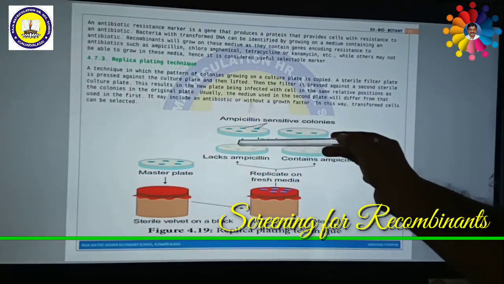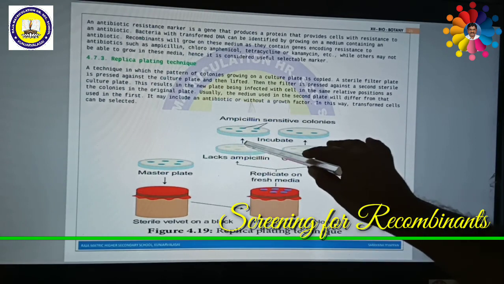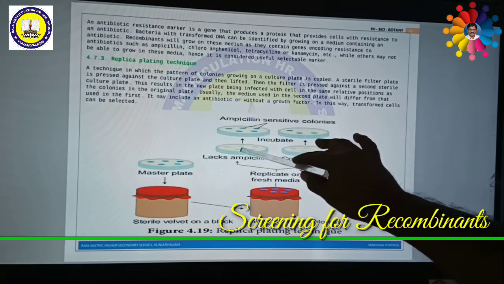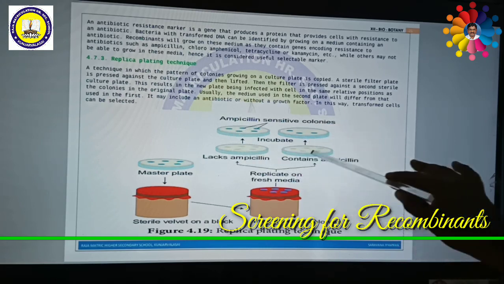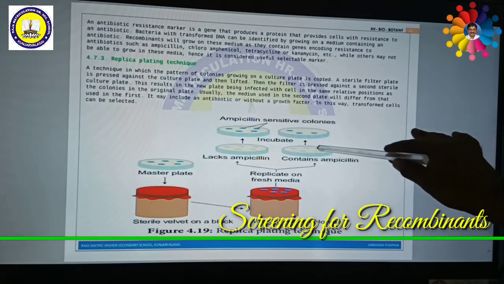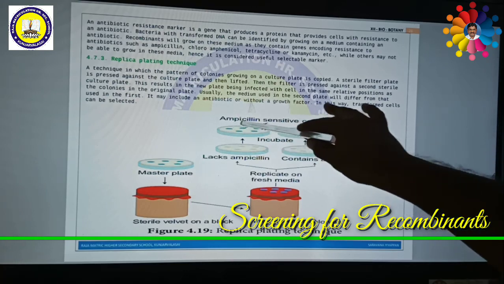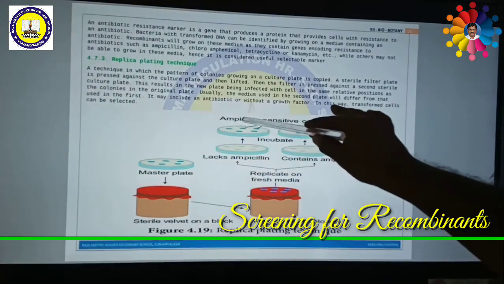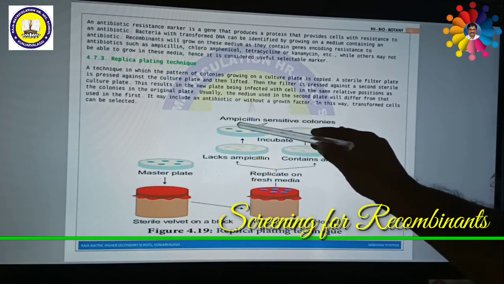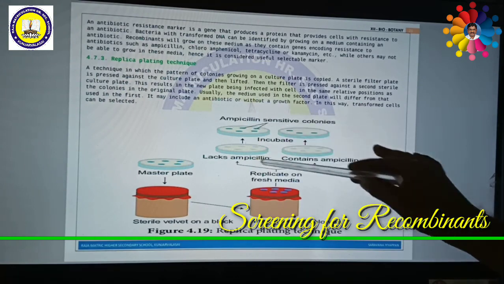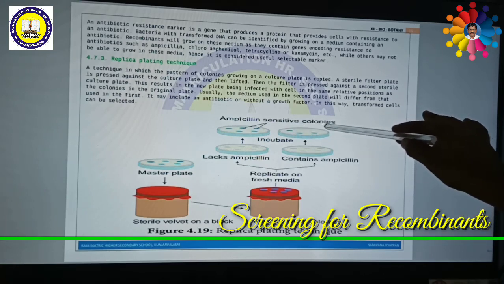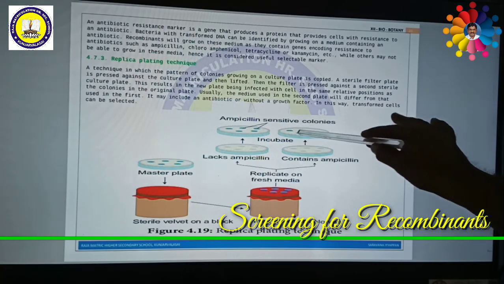Now if you take a print on both the plates, this is plate A and this is plate B. Plate A has no antibiotics as well as no growth regulators. But plate B contains antibiotics like ampicillin, as well as growth regulators. Now if you take the print, the same type of master plate print will be available because there is no ampicillin, so antibiotics will not resist the growth of this culture. But here ampicillin is there, so only some of the growth of culture will be visible.